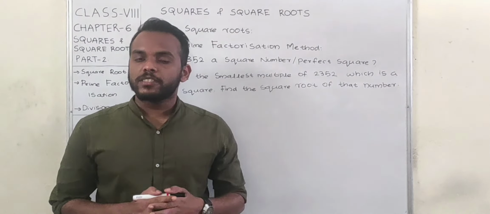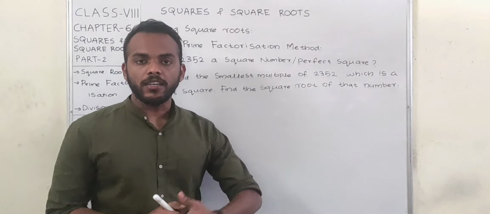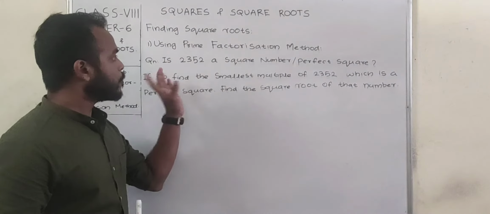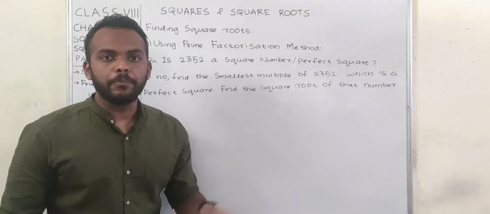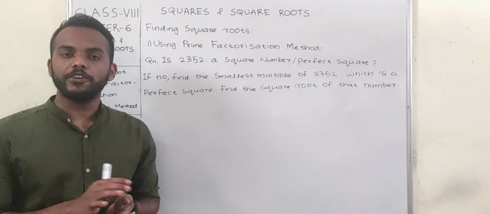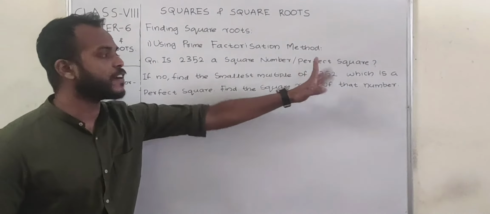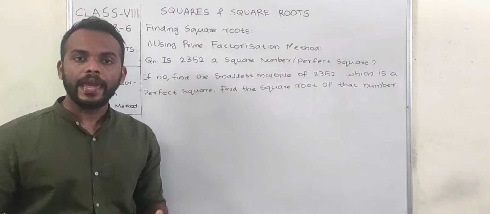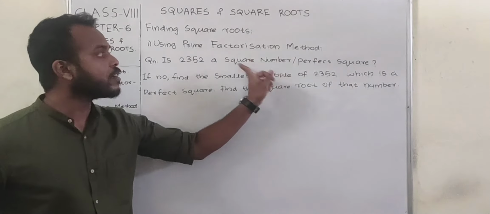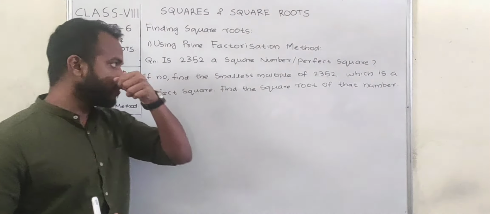Now let's see a question that is probable to ask from this session. You will be given a particular number and you will be asked to check whether it's a square number, or you can call such numbers as perfect square. That is, it should be a square of some natural number. Such numbers are called perfect number or square number. Both are the same. Don't get confused.